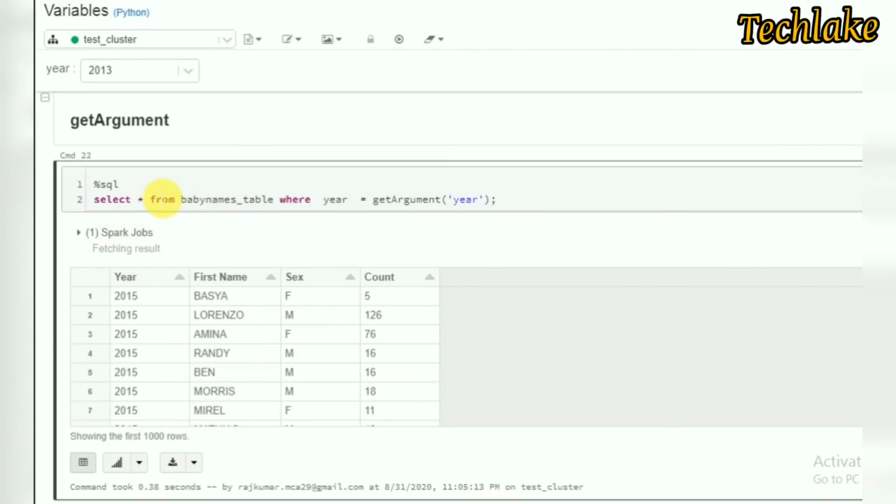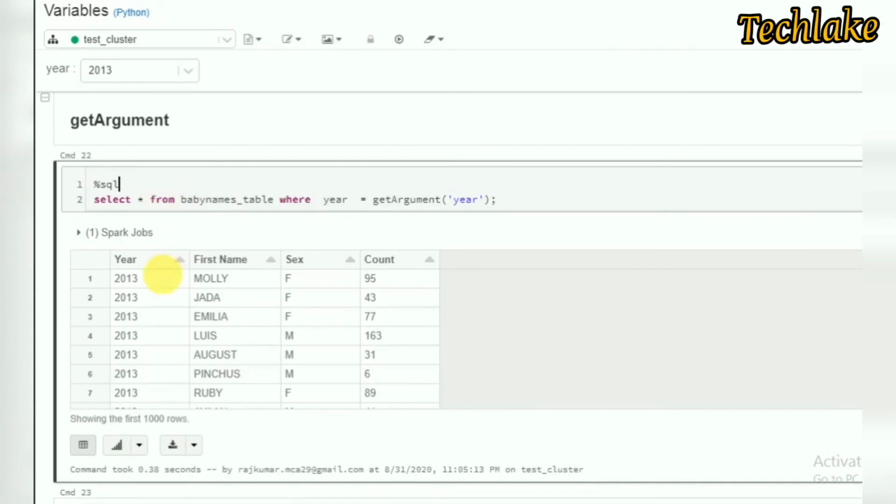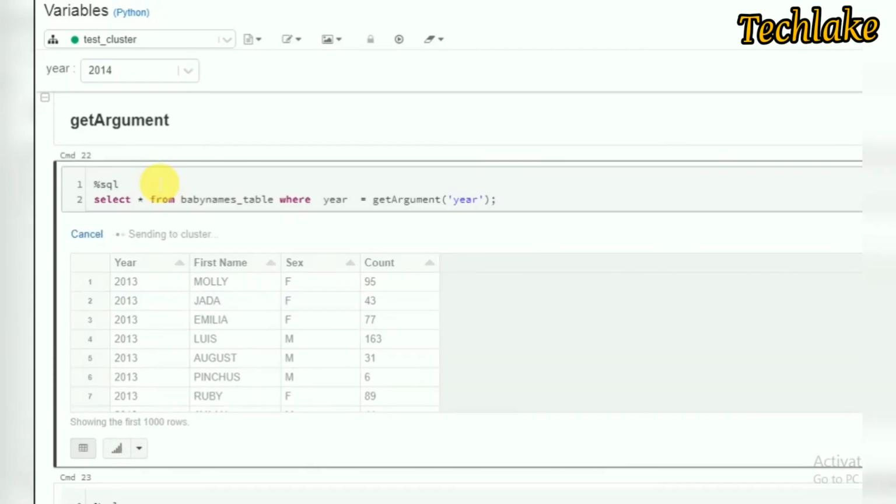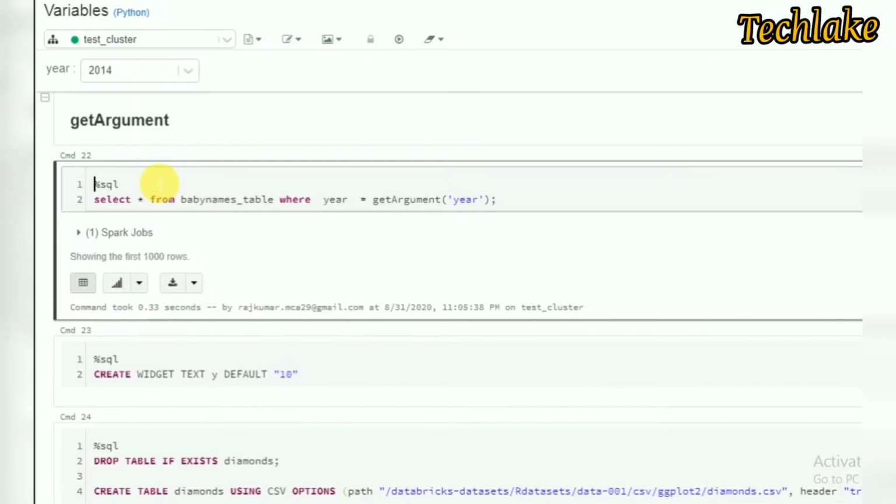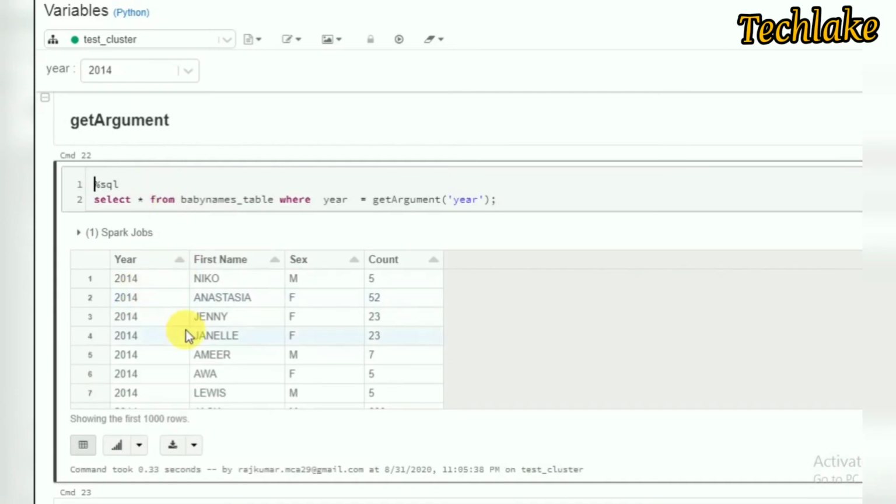You can rerun, or it is taking time. Yeah, now you can see 13. Same thing if you change to 14 and run, here you can see 14. Like this we can go for using the same widgets in SQL.